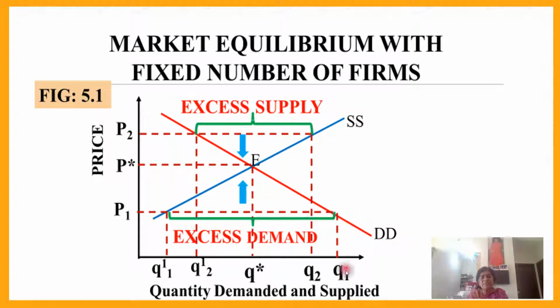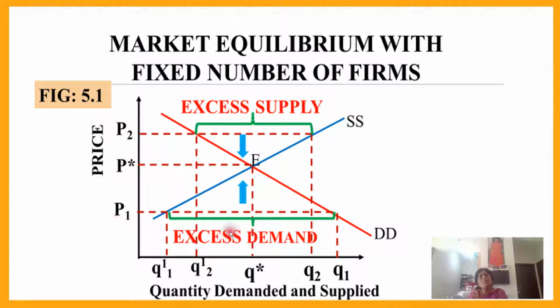It is obvious that the quantity demanded Q1 is greater than the quantity supplied Q1 dash at this particular price P1. Therefore, quantity demanded exceeds quantity supplied at price P1, and the situation arises as excess demand, which we can also call a shortage. When there is a shortage, what will consumers do in the real situation? We will not be able to purchase all the quantity we wanted of that commodity, or we will not be able to purchase it at all at price P1.